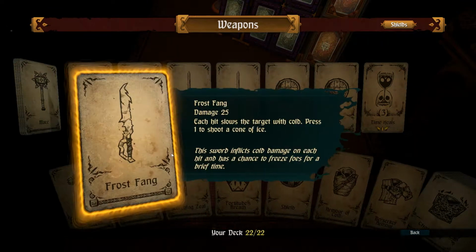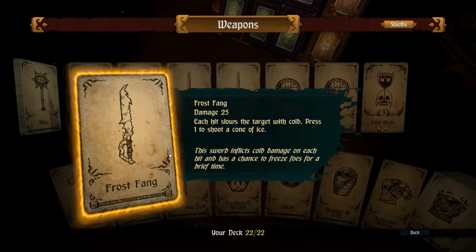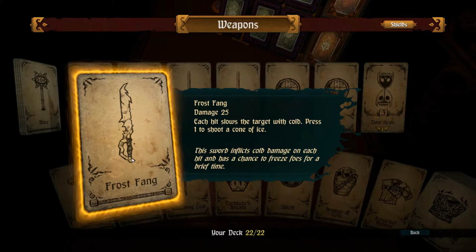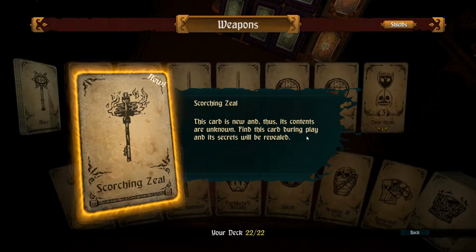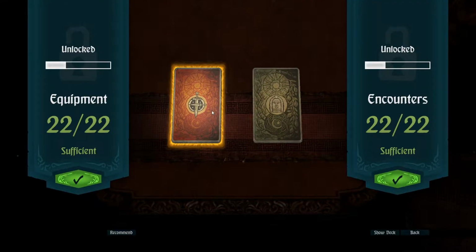So here's Frostfang. It's a sword, it does 25 damage. Each hit slows the target with cold. Press 1 to shoot a cone of ice. That's a cool card, I'll bring that along with me. New cards, I don't know what they do until I've used them in the game. So I'm just gonna back out of this screen. So there's the equipment. Those are things that you're going to find in the dungeon and hopefully will help you